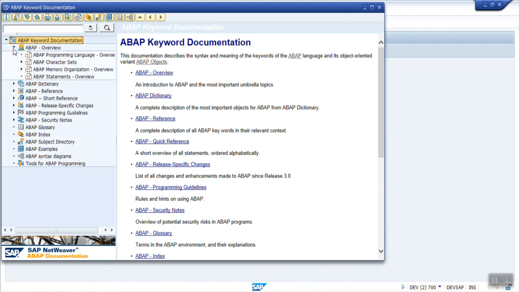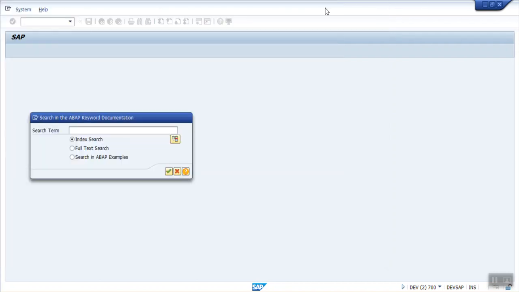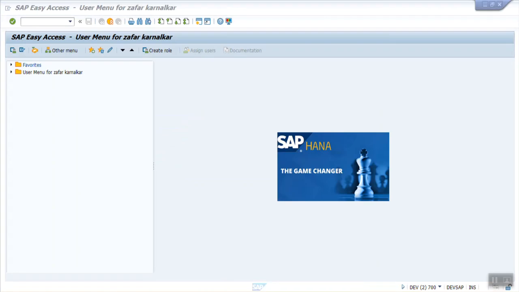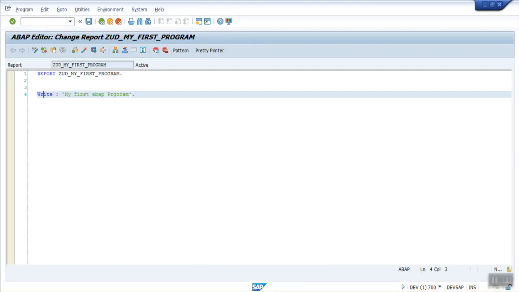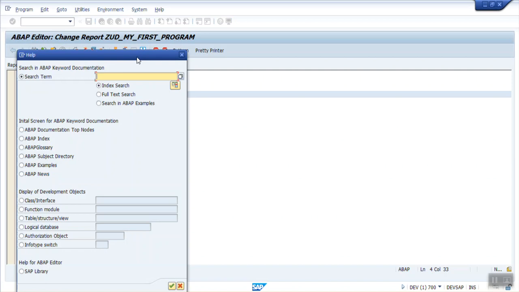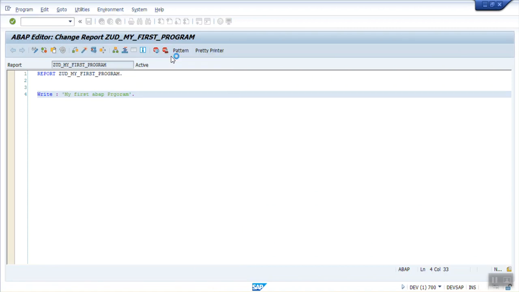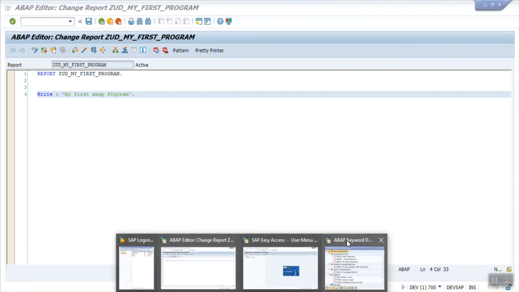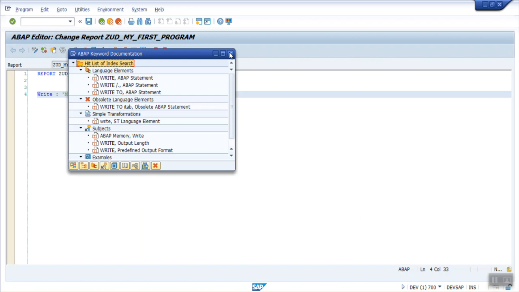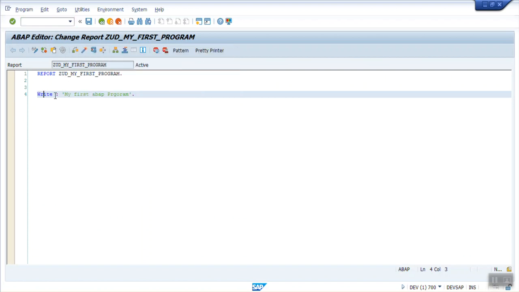So after creating a first program, just go through it, so you'll understand the basic concepts about the keywords. Now let's go back to our program. So this way we can get the help file. Also you can click on this icon, there is information, help on, and you can search for the keywords. Again the same screen will get called. Okay, so the best option is just press F1 on the keyword for which you want to get the help.